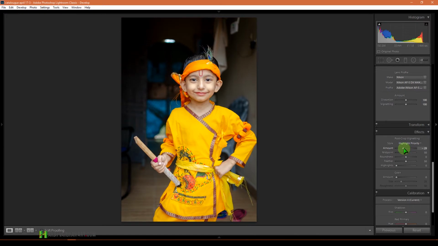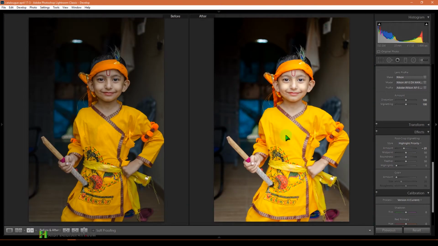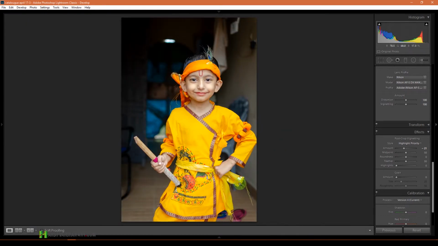And let me add some vignette effect by bringing it down, so that we get a darker area around the subject. And you can see this is the before and after. We have done the basic editing, and now let's